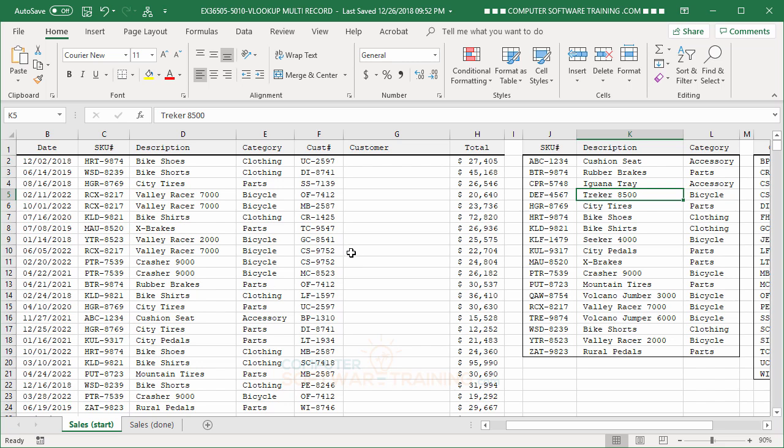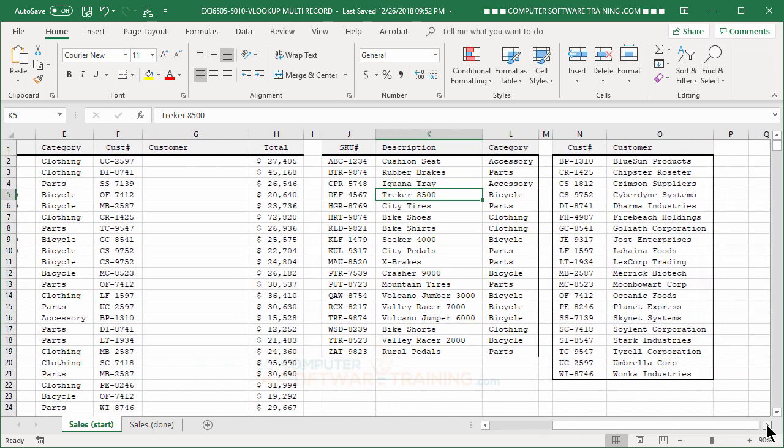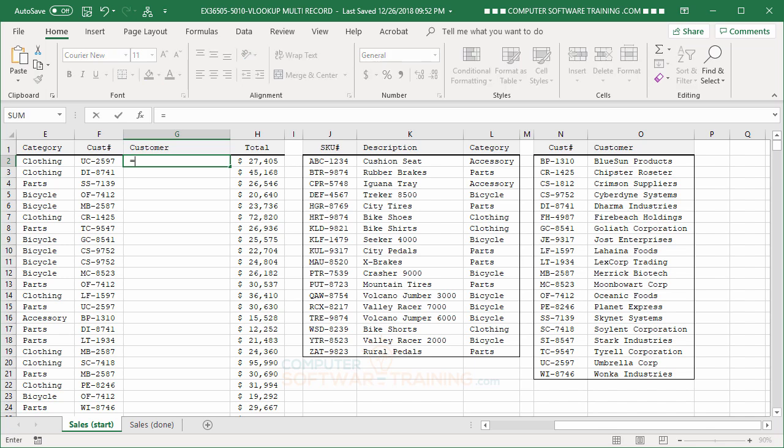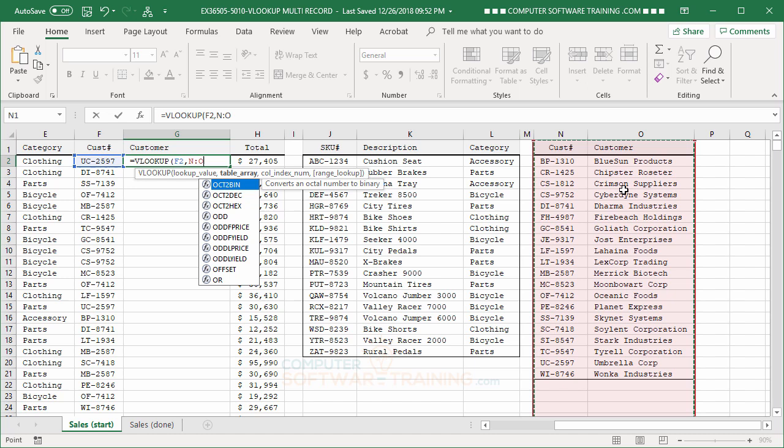All right. Now, last but not least, we'll work with the company. So we'll go over here to G2. We'll do our equal VL. There's our VLOOKUP. Double click it. We'll say, okay, we're looking up on the customer ID number, so we'll click onto that, comma. Our table array is this over here. So again, we're going to do N and O, just in case we add new ones later on,